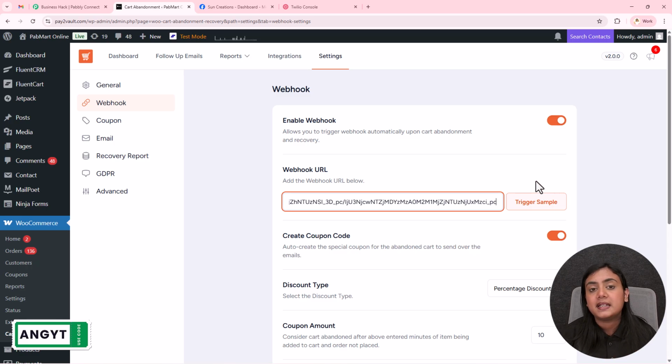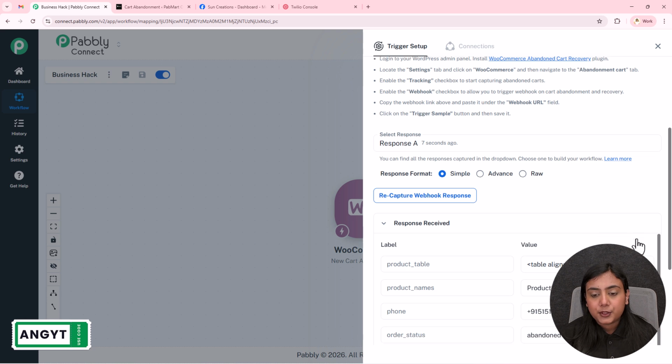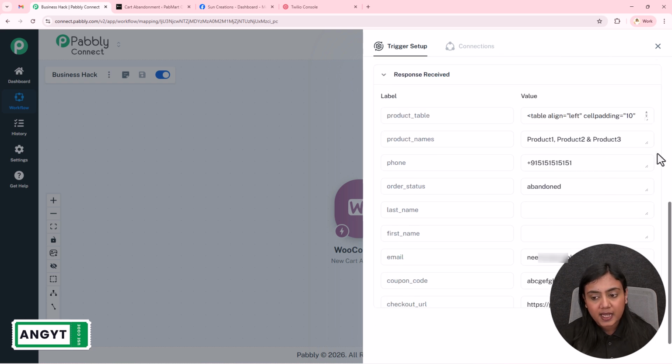That is why we are sending the sample response to create the automation. As I'm going to click on this button, this webhook is going to be saved. With that, the trigger response will also be forwarded towards my webhook URL, and you can see the response has been captured. Over here in the response, you will see I've received the phone number, the order status, product's name. You can see I've received the